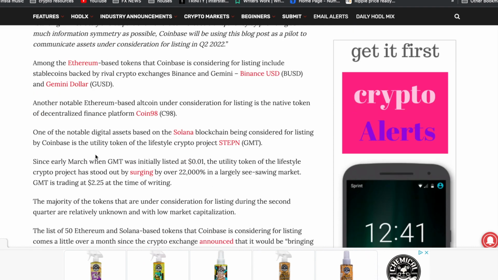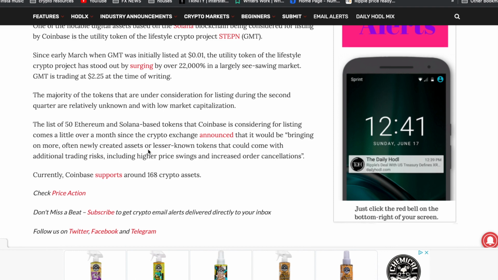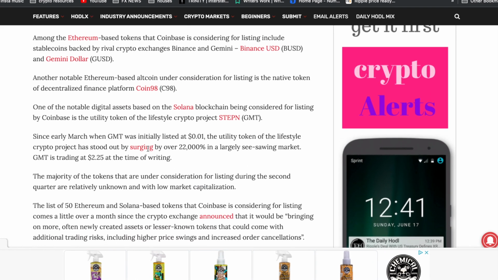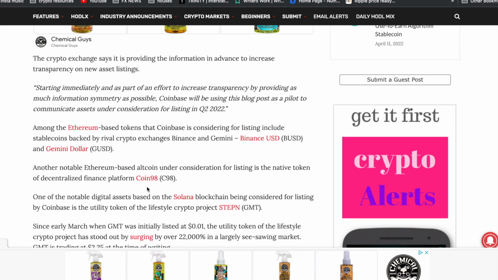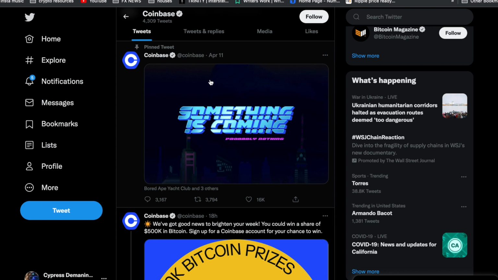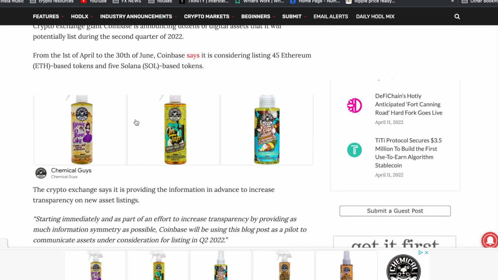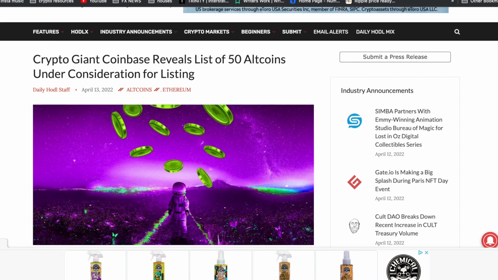All right, you guys can go on Google and find this list yourself, just be careful that there are scammers out there that are trying to tell people that XRP and things of that nature are going to get listed on Coinbase. That's not true. Okay, be mindful of the stuff that you're finding on the internet. You guys can go ahead and read through, see what kinds of coins are coming out on Coinbase in the near future. Everybody thought that this tweet from Coinbase on April 11th was them saying that they are going to release XRP. That's not the case. This was them gearing up for this reveal where they're going to be relisting 50 altcoins. All right, so just to give you guys a little bit of an update on that.